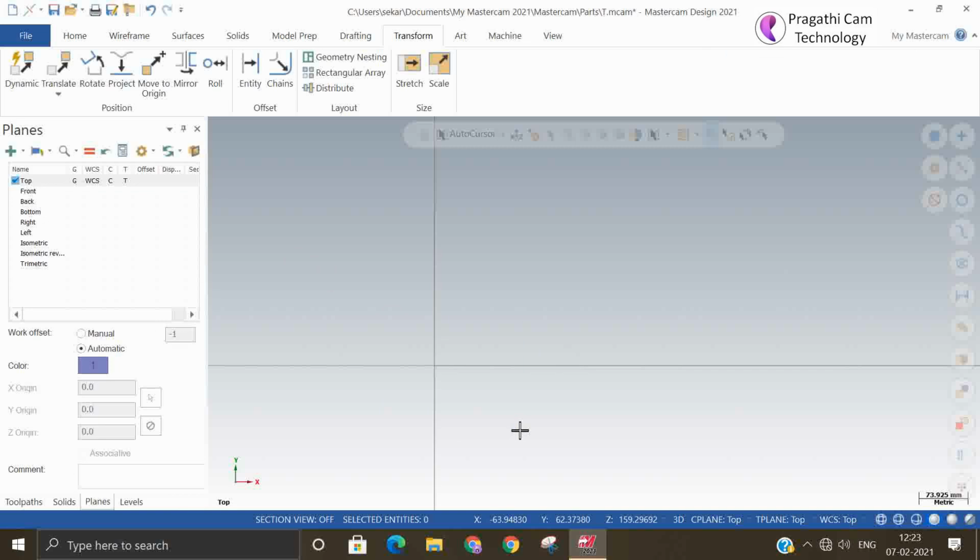Last we are going to see the geometry nesting. This is used in the sheet metal routing industry, where they use nesting. The routing is mostly in aerospace body sheet metal routing. It is the sheet metal cutting process.